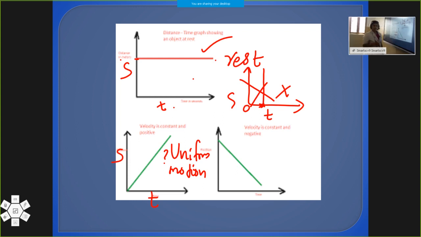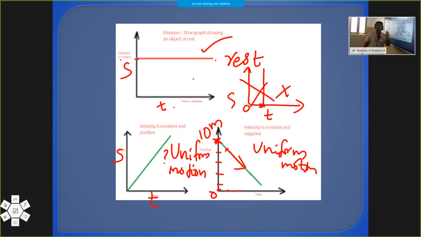It is also a straight line, right? Then again we have uniform motion. Whenever you get a straight line, we know that it is uniform motion. But what is the difference? Yes, the starting point is here and the graph is moving downwards. That means at the origin, it is at a distance of maybe 10 meters at the starting time. Then when time passes, the object is moving towards the origin. That means the distance decreases: 8, 6, 4, likewise the distance decreases so that it is coming downwards.